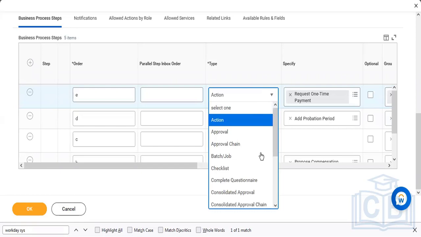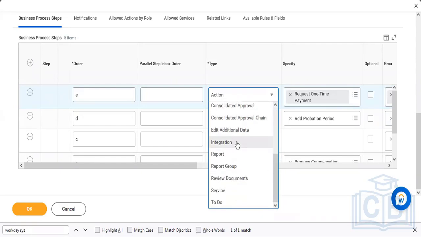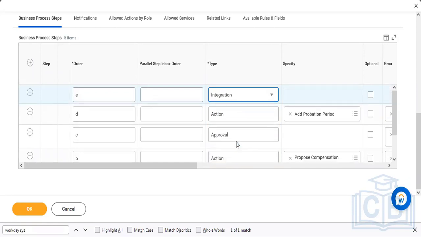And there is another purpose that you'll be using: you can attach integrations to the business process. Okay, if your business process wants to trigger an integration, let's say background check is there, right? If an employee is getting hired into the organization, and there is an integration built for background check, which will be integrating candidate information to the background check vendor. Okay, if that process has to be automated instead of manually running and scheduling the integration, it can be triggered through business process. Okay, you can attach the integration here,